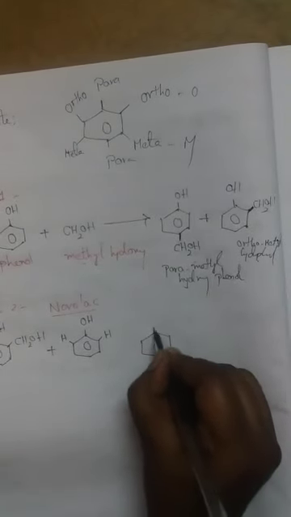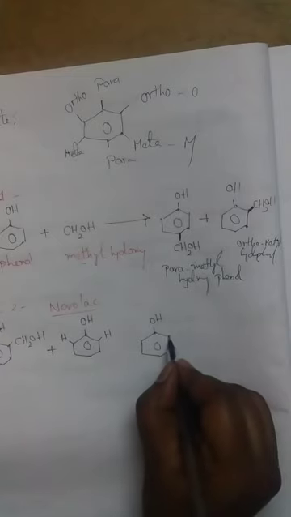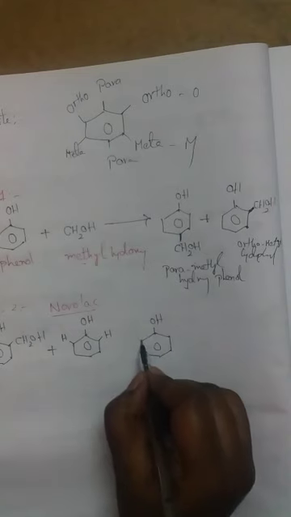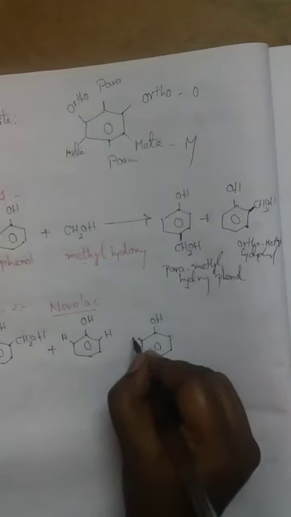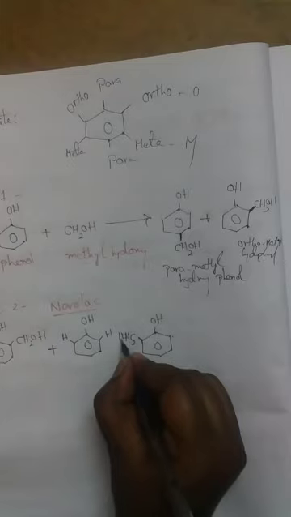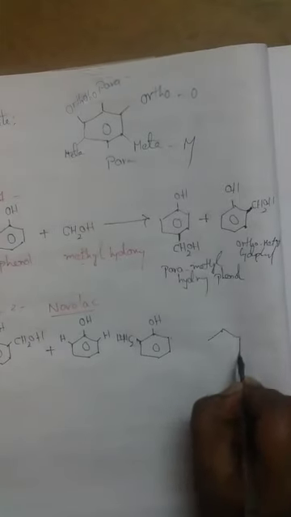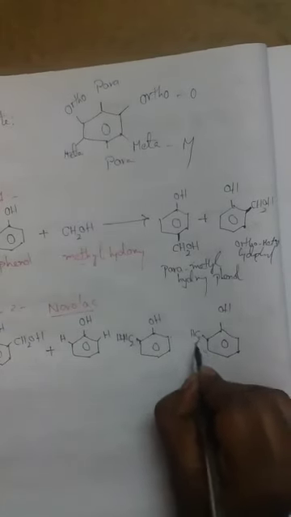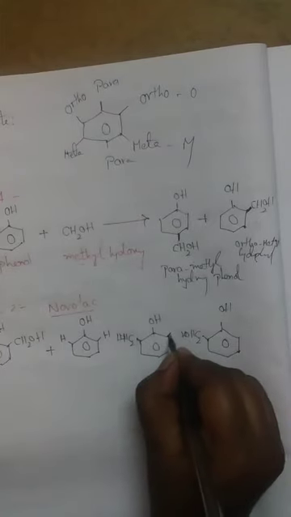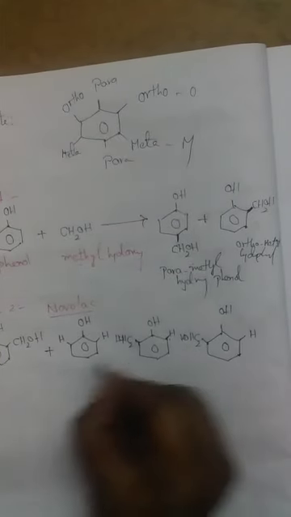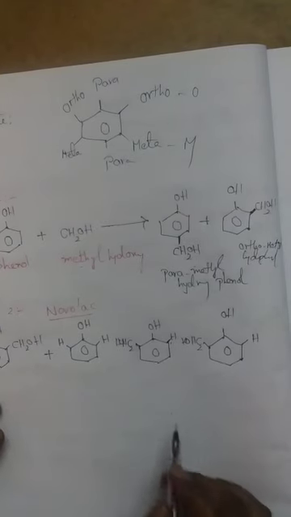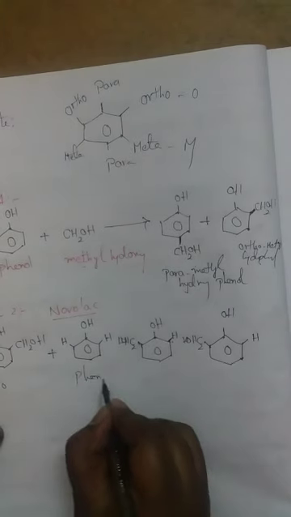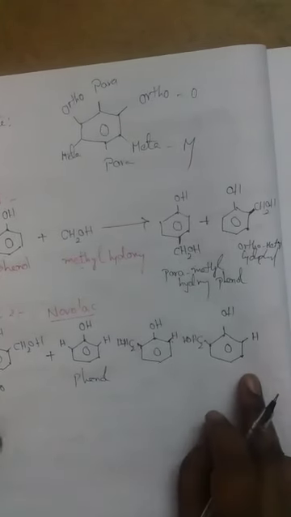Instead of writing CH2OH here, I am writing it here. Why? Because this is also an ortho place, this is also an ortho place. For convenience I am writing CH2OH here, ortho-hydroxymethyl phenol. I am taking another ortho-hydroxy, CH2OH. In the remaining places there is a presence of H. So what happens in the second step: the ortho-hydroxymethyl phenol reacts with the phenol, and this reacts with another ortho-hydroxy.